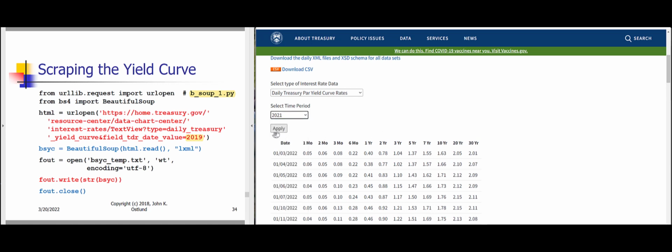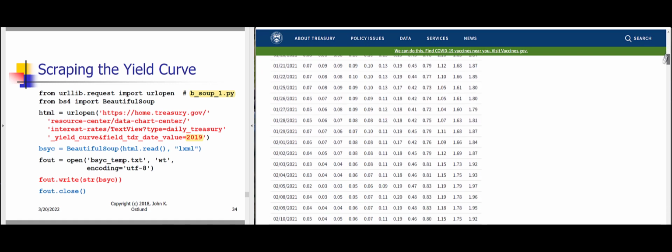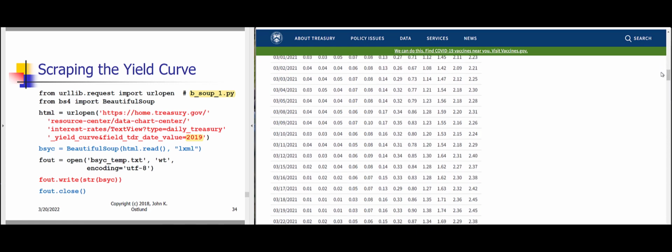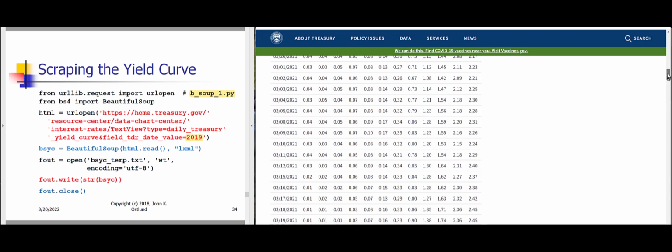And in fact, if we go back to last year, 2021, in 2021, the Federal Reserve was still very concerned about the overall health of the economy because of COVID-19, and so the interest rates were even lower. So we see these. Here we go, 0.01. Which is the lowest interest rate you can have, really. Well, I guess you could go down to 0.005 or something like that, but